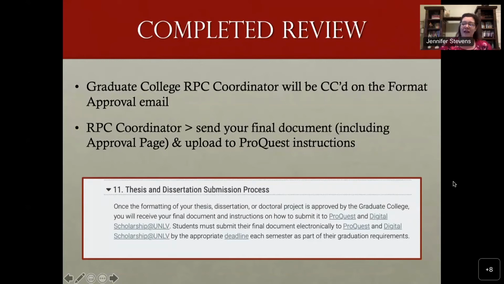Hey, so once you receive that email saying that you have formatting approval, on there, your personal RPC coordinator will be on that email. So they will see that your document has been approved, that they can go into our files and get your approved document, and then they'll go in and insert your approval page. And what they'll do is email you with your final document, including your approval page. And they'll have you take a look at that, make sure everyone's names are correct, department, everything looks good. And then once you approve of that, they'll send you your final PDF copy along with instructions on how to